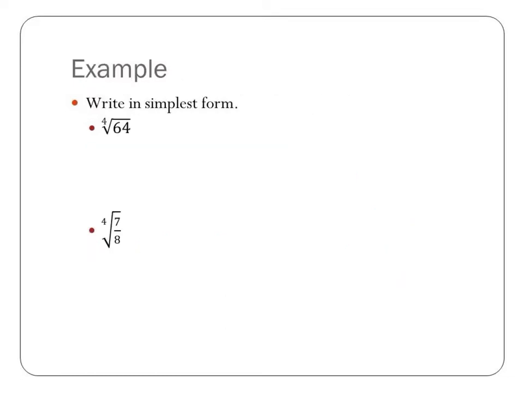Okay, so the directions say to write in simplest form. So the 4th root of 64. First thing I would do is check on my calculator: is there a 4th root of 64? Calculator says it's 2.828427125, and there's probably some more numbers to follow. So if there's not a perfect 4th root, you're going to need to split it apart like we have before